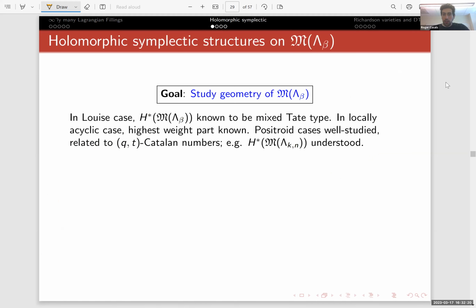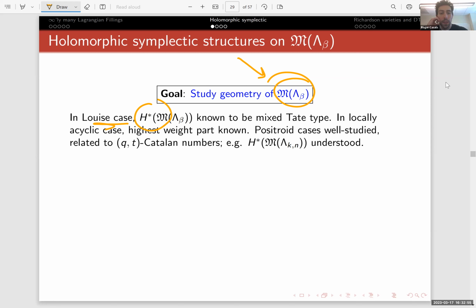All right. Well, I jump up to understand a bit this moduli space. So this is really a very unexplored moduli space. That being said, in geometric representation theory, these spaces, in some particular cases, had been studied. And so an immediate outcome is if you happen to be in one of those cases, such as the so-called Lewis case, then you happen to know the cohomology of these spaces. So for instance, things like in the Hodge-Deligne filtration, that they're of mixed Tate type, meaning only the KK piece